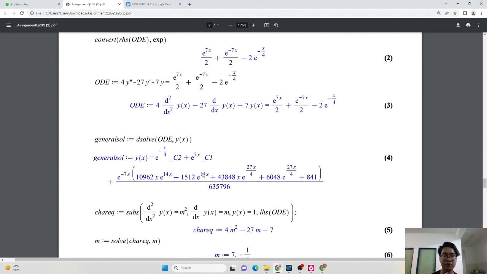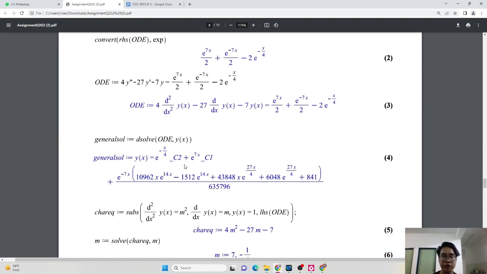And the fourth step is general solve equal d solve ODE yx. The answer is general solve equal ys equal exponent power of negative x over 4